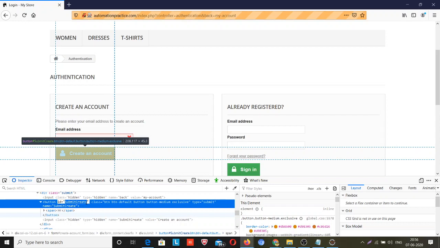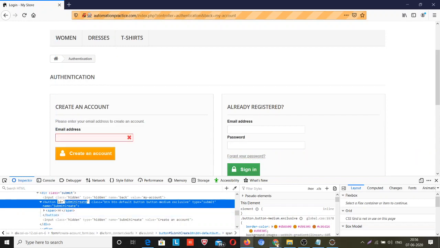I will tell you later in further lectures, but don't refer to an id with a numeric value, because the numeric value will keep changing. So id will not be a stable locator. So now you will need regular expression xpaths. That will come in the next lectures.